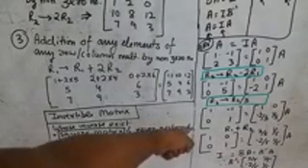Now comes what is an invertible matrix. An invertible matrix has 2 conditions. An invertible or inverse matrix is possible only when there is a square matrix and never a rectangular matrix. Though in a square matrix also there may or may not be an inverse matrix, but never in a rectangular matrix.